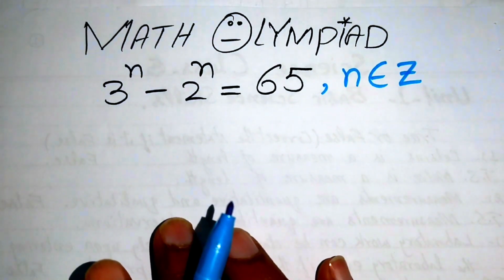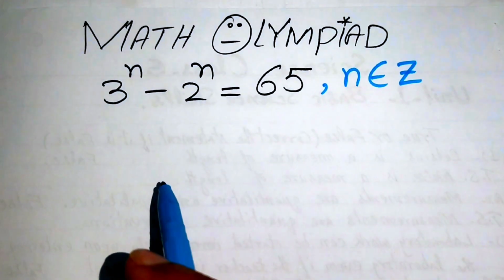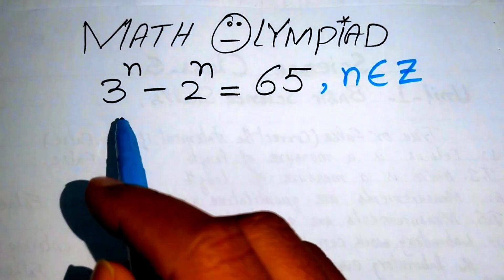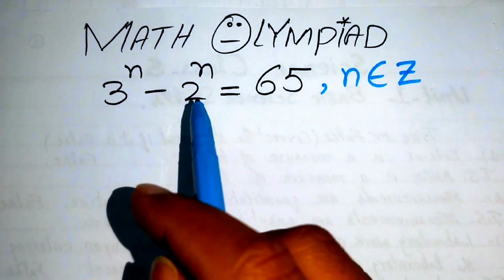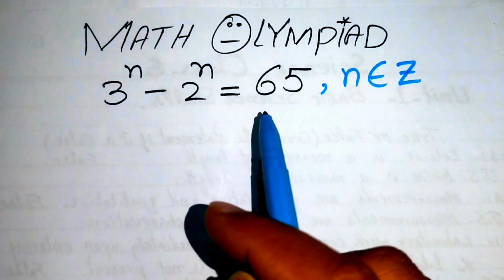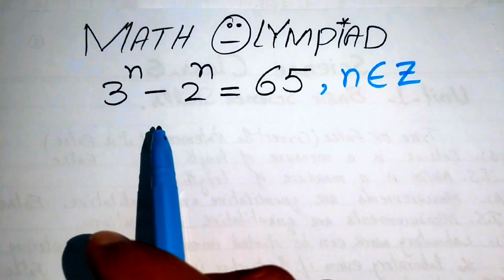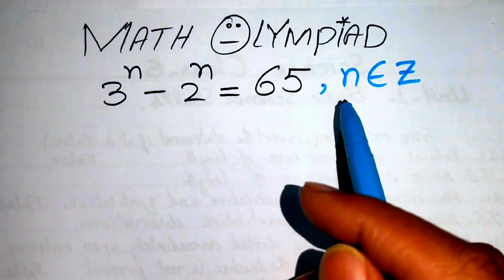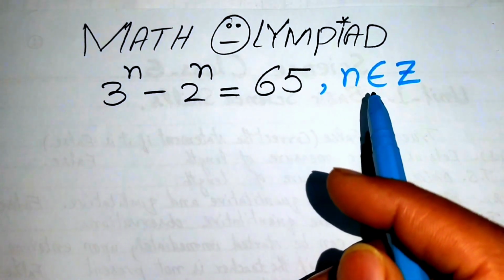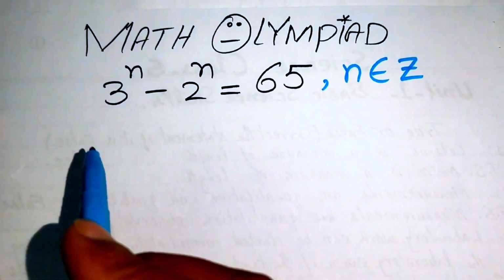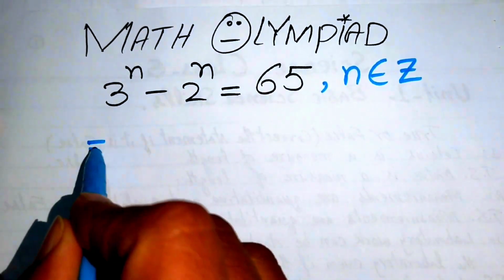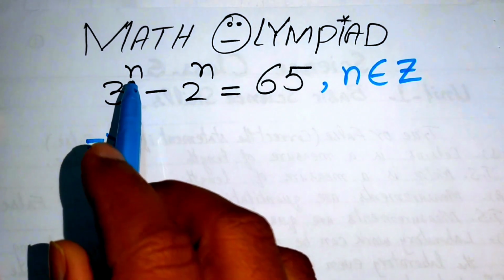In this video, we are going to solve this nice math Olympiad algebra problem. Here we have 3 to the power of n minus 2 to the power of n equals 65, and we find the value of n, but our condition is that n must be an integer. So the very first thing we are going to do is multiply and divide the exponent